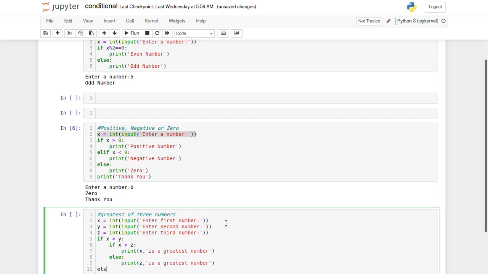Next we have one elif statement to check if the first condition is not satisfied, that is, if the x greater than y condition is not satisfied, we have to check